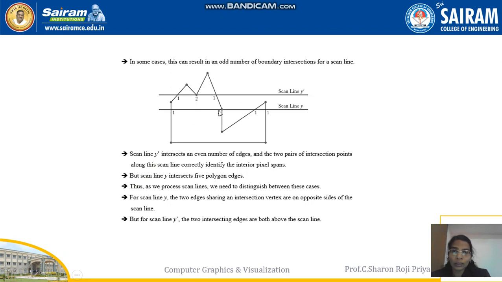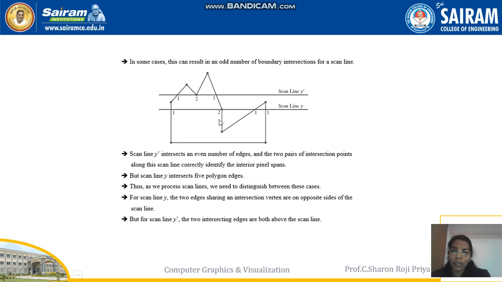Now this is also one edge. Consider this scan line. This scan line is also intersecting with an edge. Now when it intersects with the edge, you should be very careful about how many times to store this vertex value. You have to decide based upon the rule we have discussed. What is that rule? Either the y value should keep on increasing or keep on decreasing. In that case, I can store it only once. Halfway increasing, halfway decreasing, if it is happening, I should store it twice.